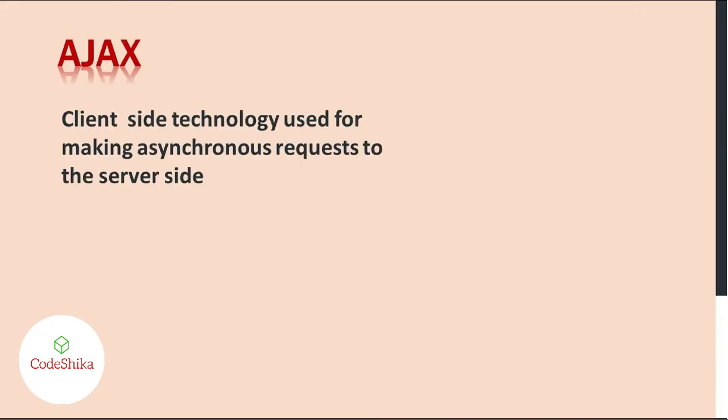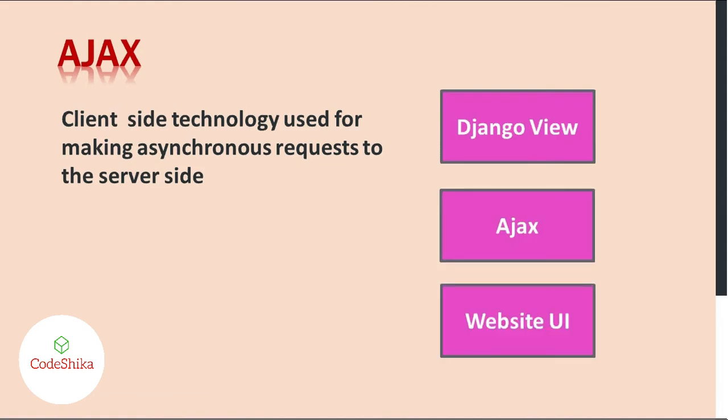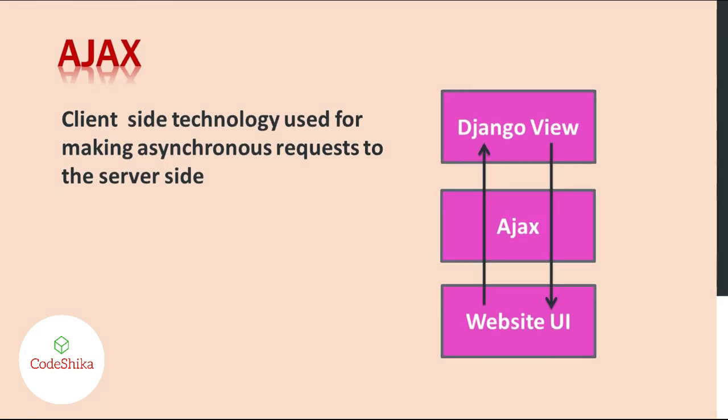Ajax is a client-side technology used for making asynchronous requests to the server side, that is requesting or submitting data, where the responses do not cause an entire page refresh. You can see here as Ajax is written at a client side, it is called by our UI directly. Through Ajax call, we request or submit data to Django view. Then the view in turn returns some response which is understandable by Ajax. Now the Ajax is able to display the returned response to the browser through our UI. That is basically the flow of our Ajax call.